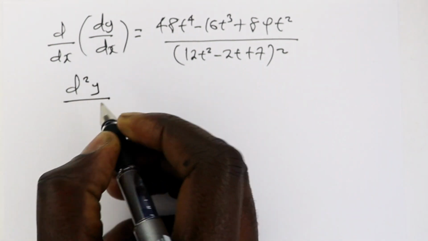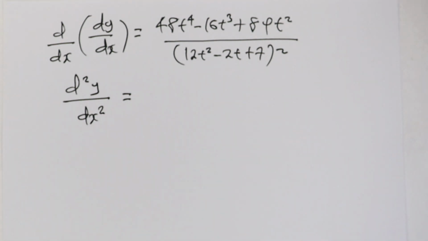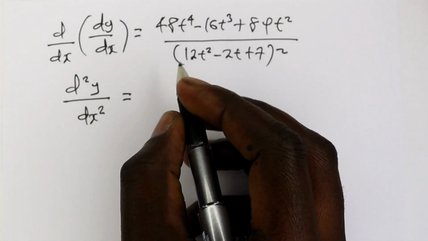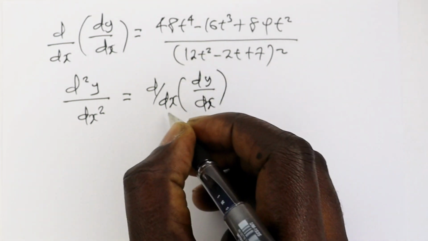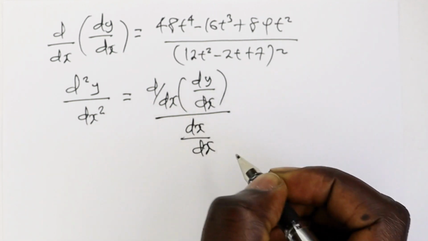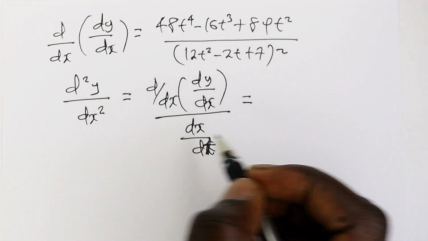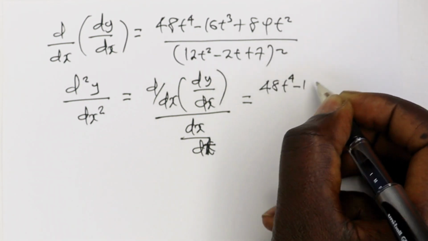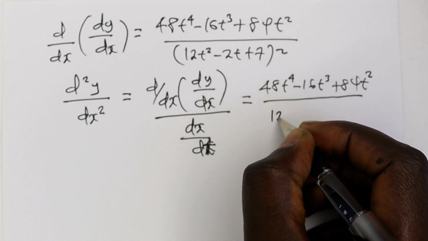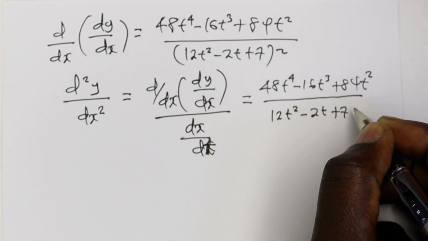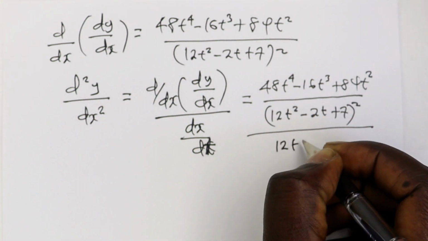We can now get that second derivative by taking this particular derivative and we put it over dx/dt. So this will be the same as just take the d/dx of dy/dx, then divide that by dx/dt. So let us do that. That will be equal to 48t power 4 minus 16t power 3 plus 84t squared over 12t squared minus 2t plus 7 squared, and that is over what we found for dx/dt, which was just 12t squared